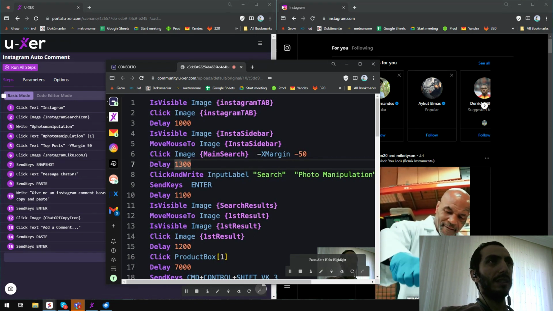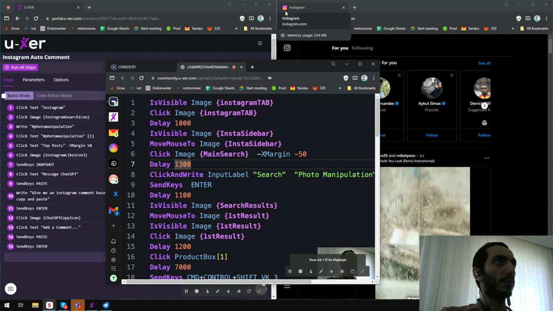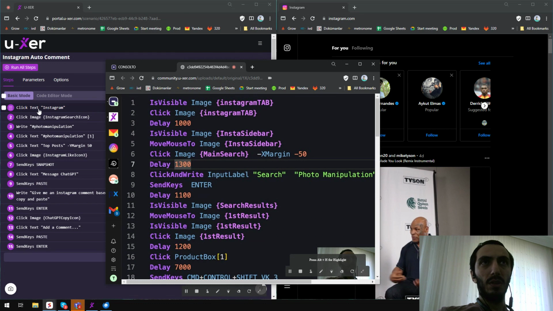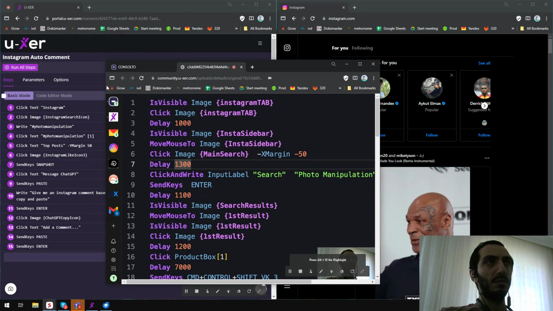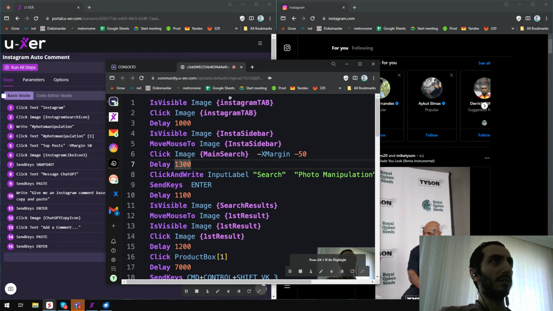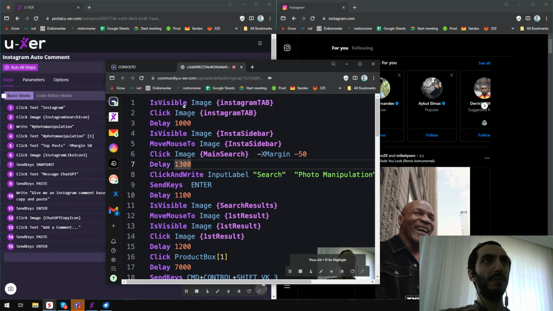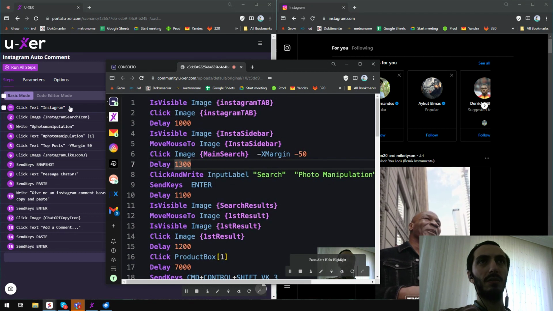First of all, you just click the Instagram tab. Probably you just capture this icon. It should work in your case. I use click text Instagram. This is a more stable way of doing this. This is actually the same, but I did not say is visible, because when you say click something,